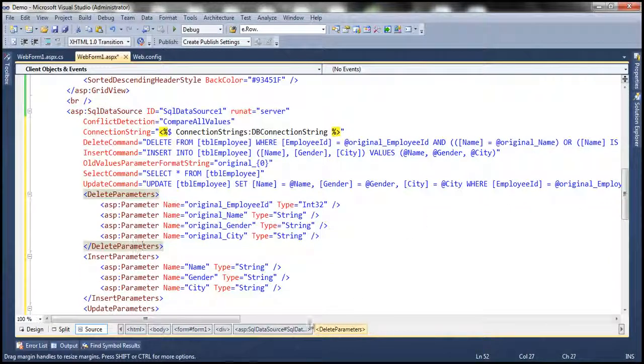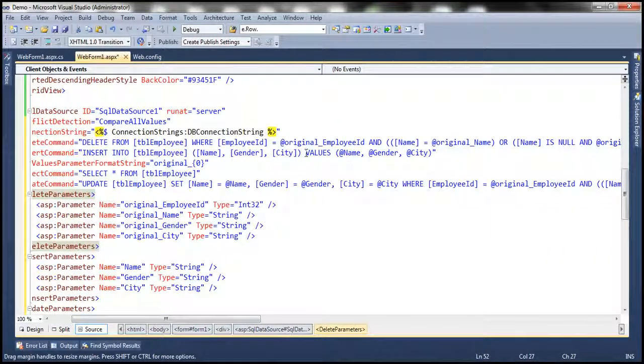Instead of just matching the primary key in the where clause, look at this. Delete from tblEmployee where EmployeeID is equal to @original_EmployeeID, and look at that, Name is equal to @original_Name. So the name should be equal to the original name, meaning the name should be equal to what it was when we actually loaded the data into the grid view control. If it doesn't match, then the condition in the where clause is not met,